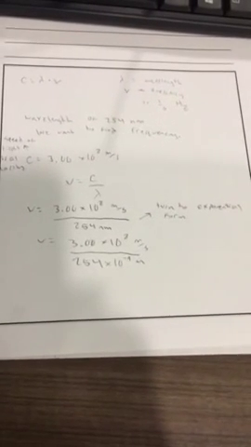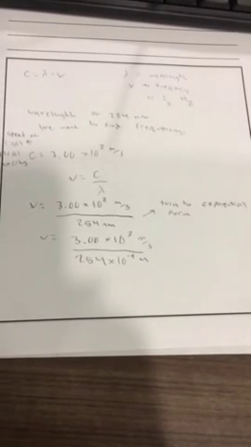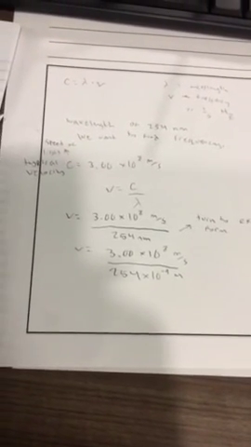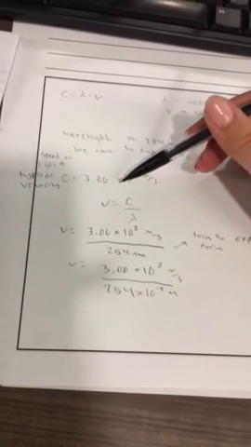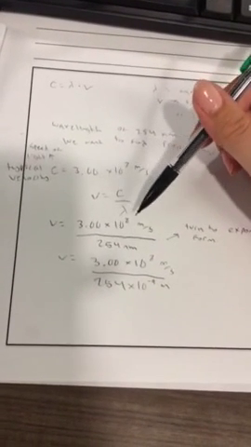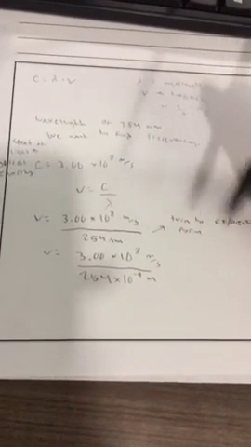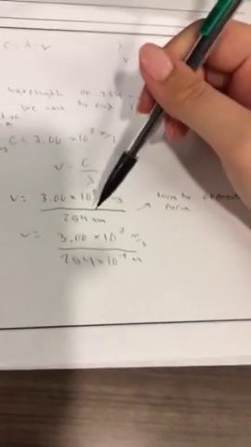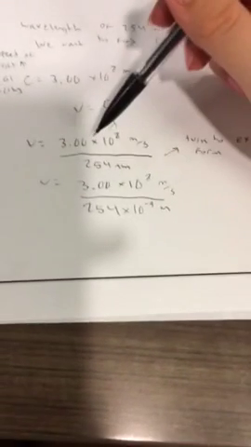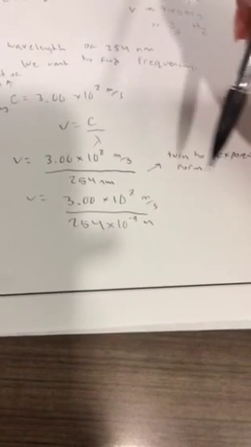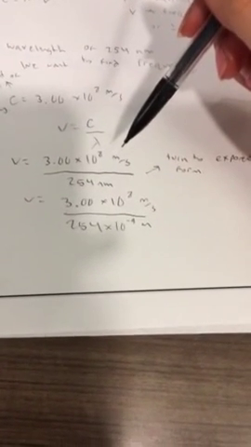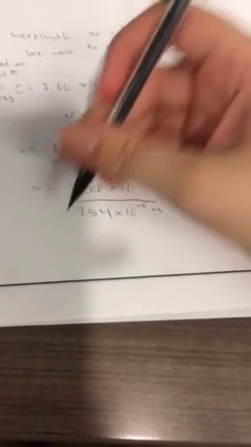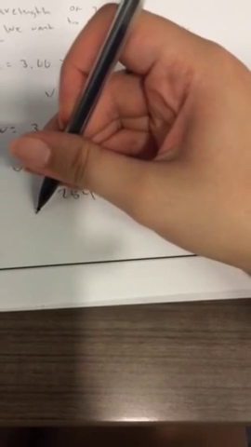Alright. Quick debriefing, we got V equals 3 times 10 to the 8th meters per second, because we isolated V from the problem, and that's the typical velocity. Then we are going to divide by 254, because that's our wavelength. Then we converted that to exponential form so they can work together. So now V equals 3 times 10 to the 8th meters per second, divided by 254 times 10 to the negative 9th meters. And that is going to equal